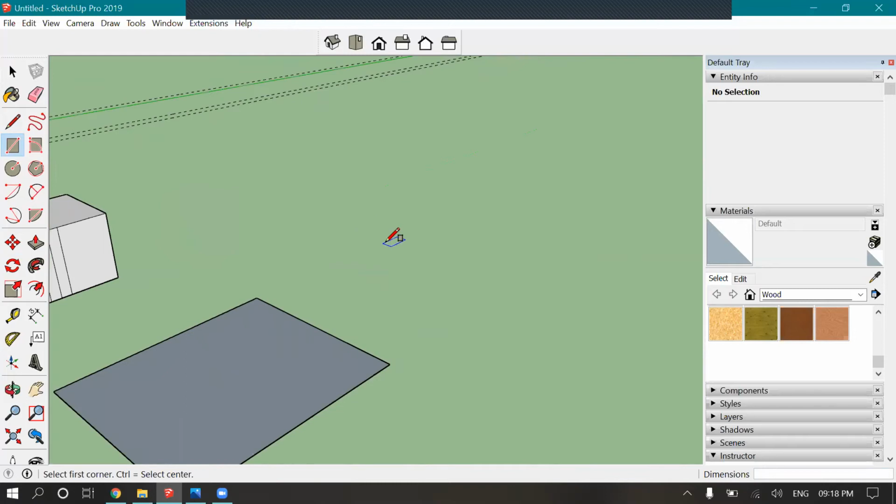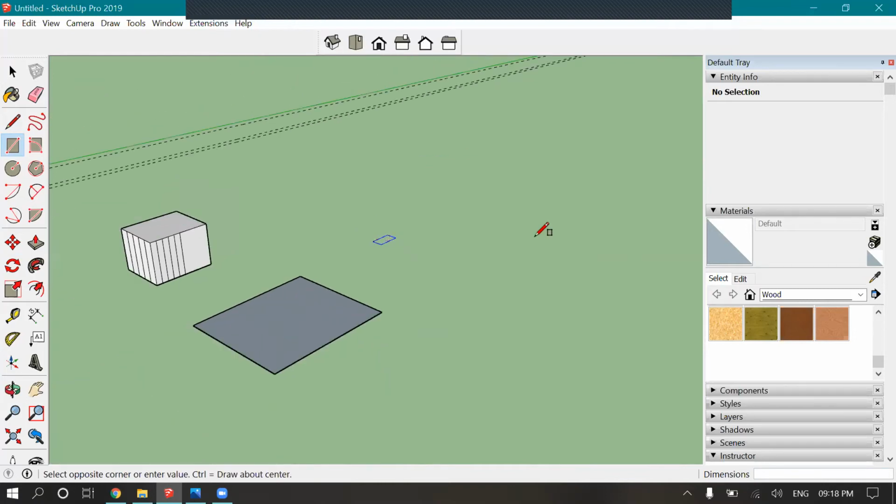Overall, you just click on one side. Now it will ask you to click on the other side. In the meanwhile, you have to just enter your dimensions, like let it be 5 feet by 6 feet. So 5 feet, comma, 6 feet, enter.